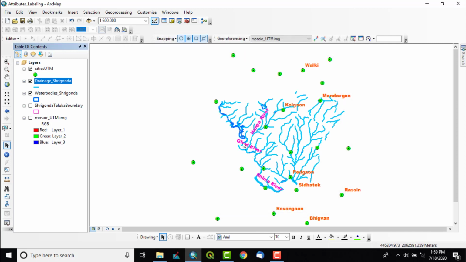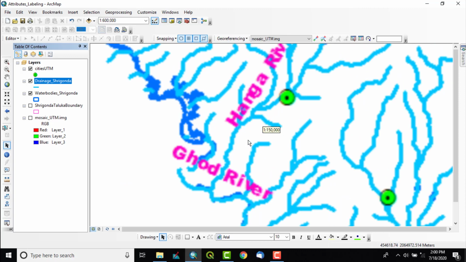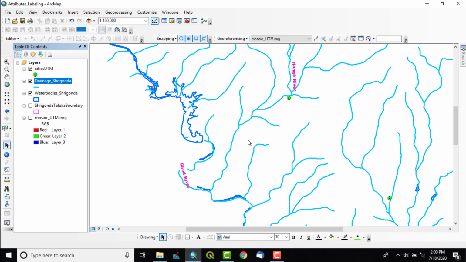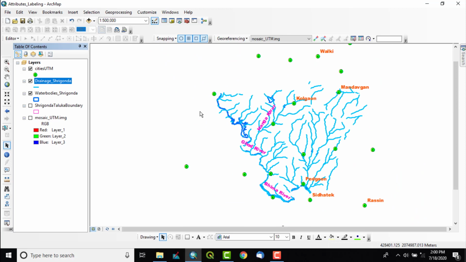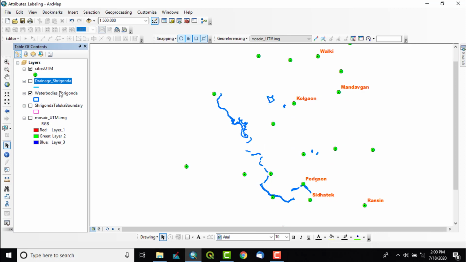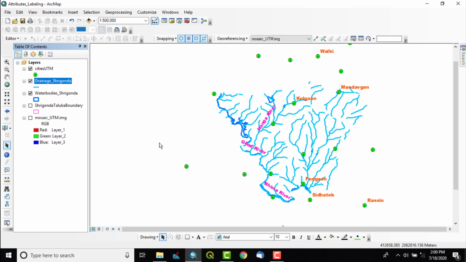Similarly to the villages, these river names are being labeled. Now next is the polygon layer. In polygon we have digitized water bodies or dams.